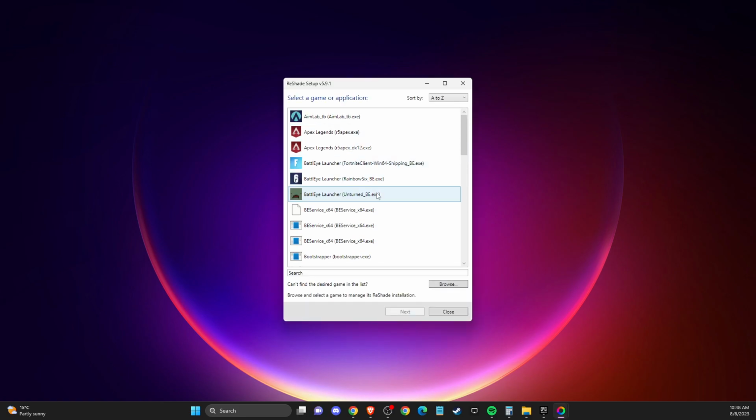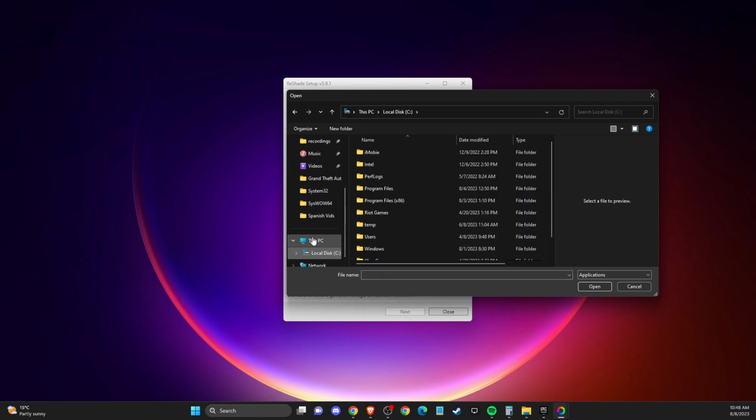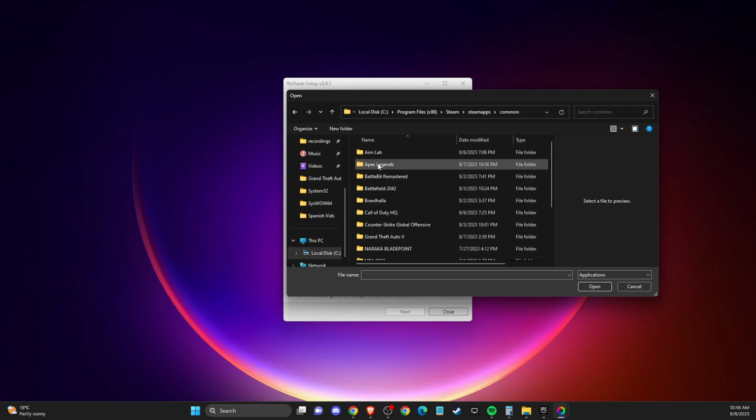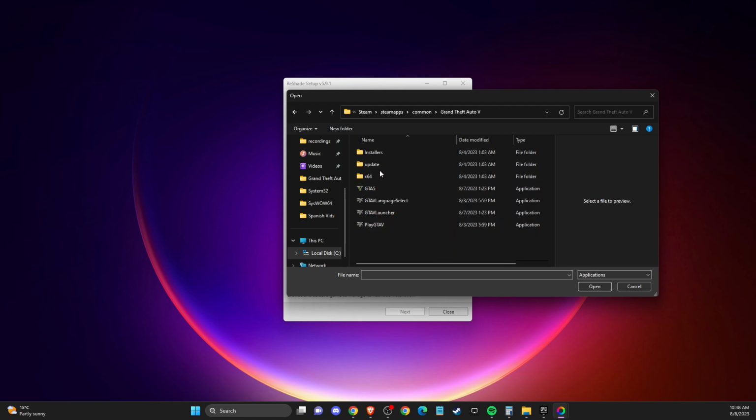So what you need to do here next is open up, then you need to browse and find your basically GTA 5 or other game files location. So for me it's disk C, program files x86, and then here I need to go to Steam apps, common, and then here it should be GTA 5, and then you need to select this one, play GTA 5 exe,